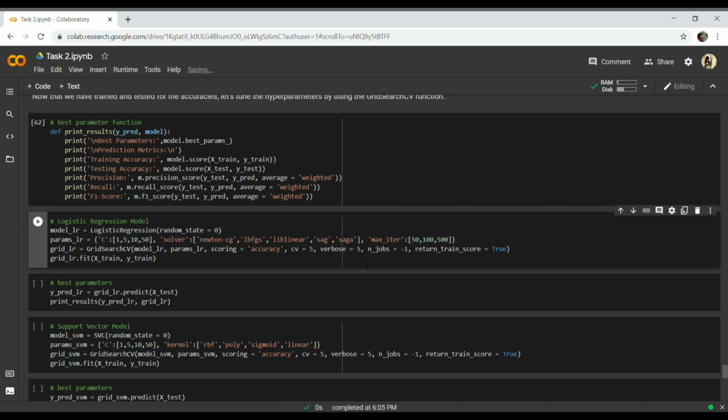So here we use grid search CV. Why we use grid search CV is, for each of these parameters it will run the model, and after running the model for all the parameters all together, it will return the model with the best set of parameters.